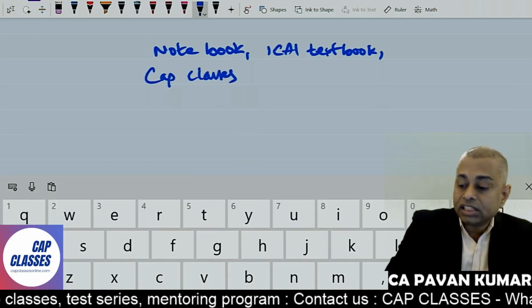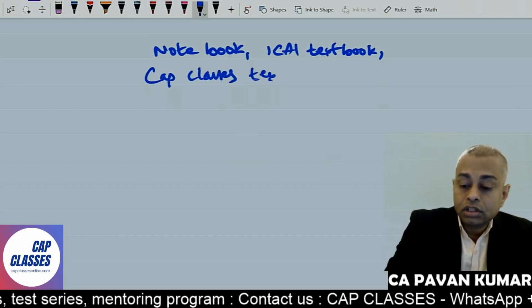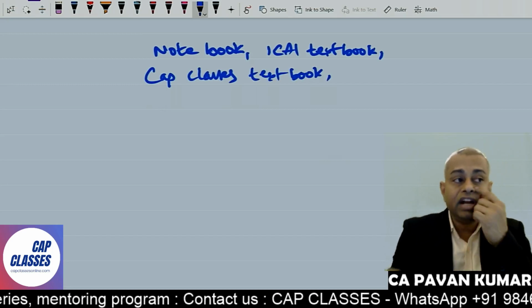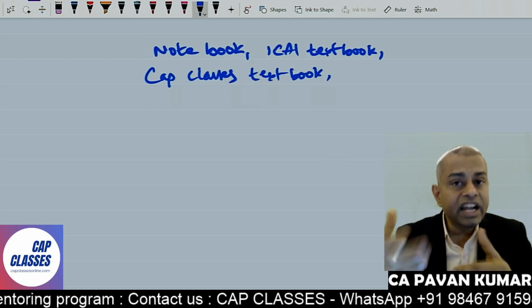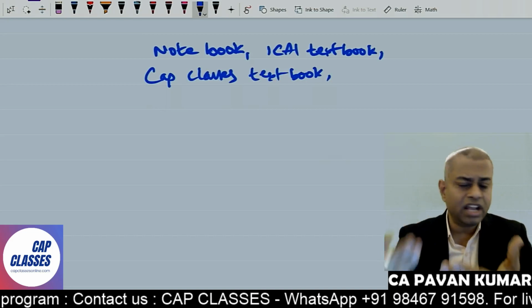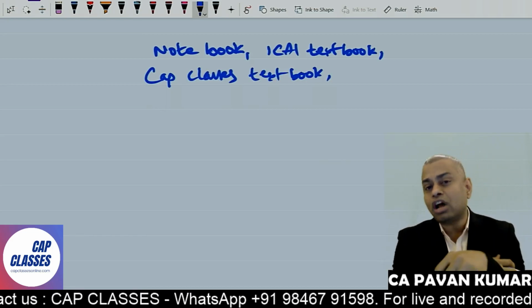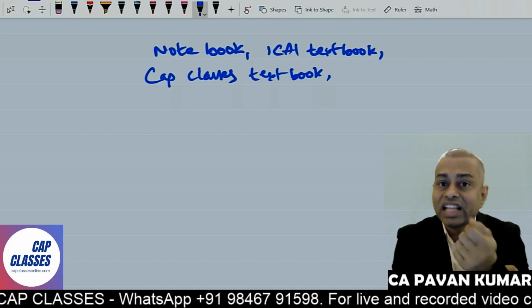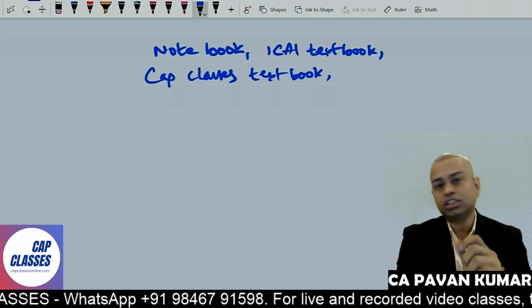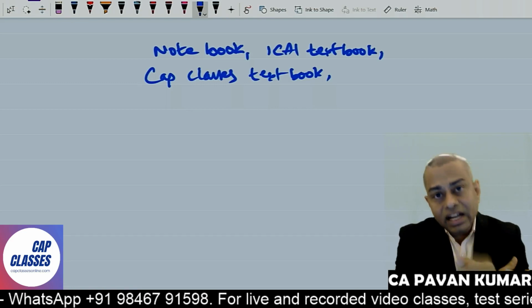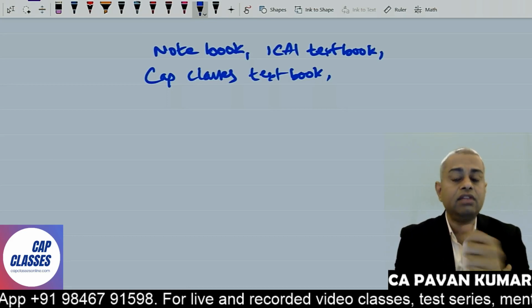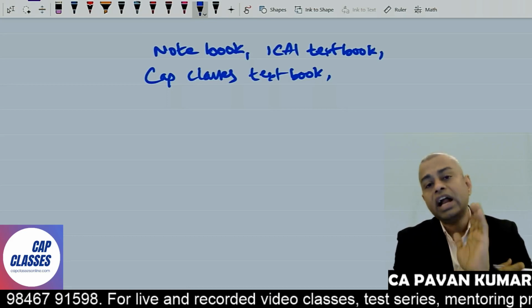So we give CAP classes study material to you. That also you should have in hand. If at all you have received the PDF from us, it will be 100 pages only, the workbook which consists of all the problems, solutions we will solve in the class. So this book will have only theory and problems. That 100 pages, get it photocopied, get it printed with a spiral binding, make it a book and keep it with you.